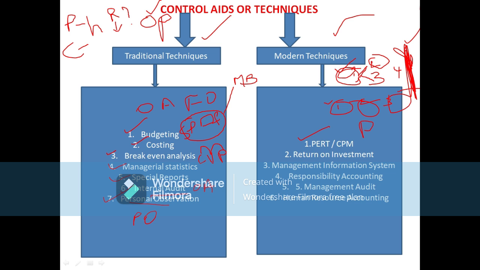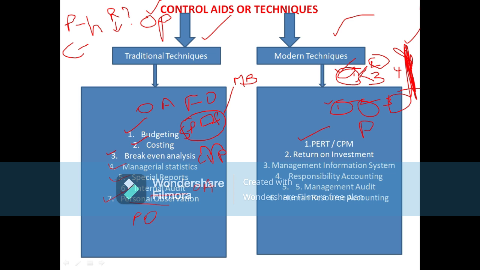A critical path is one which is the longest in terms of time. So there will be a critical path, meaning the longest time for a project. That longest time taken for a project is known as the critical path. This means that the project cannot be completed in less than the time of the critical path.